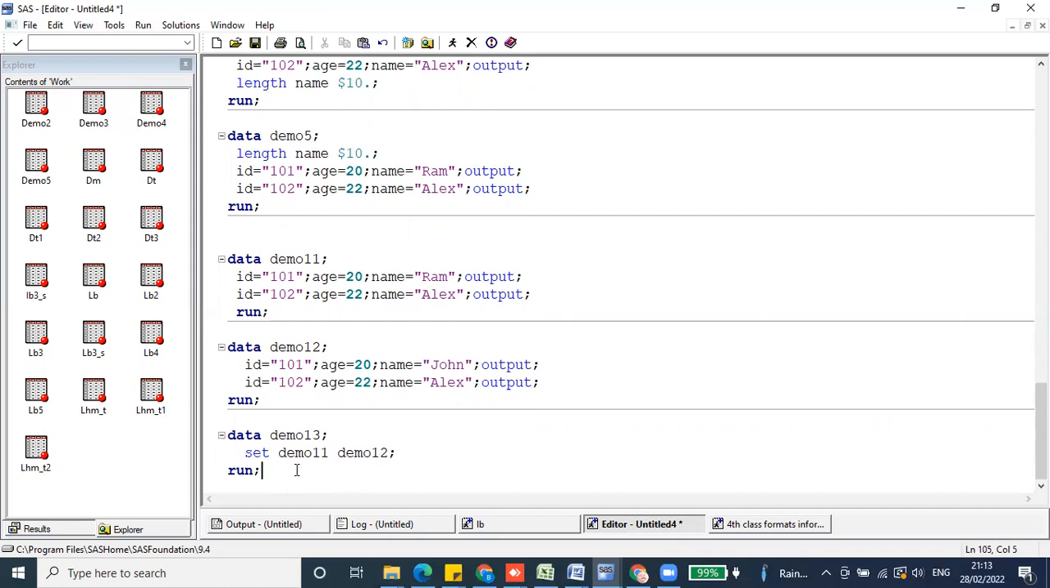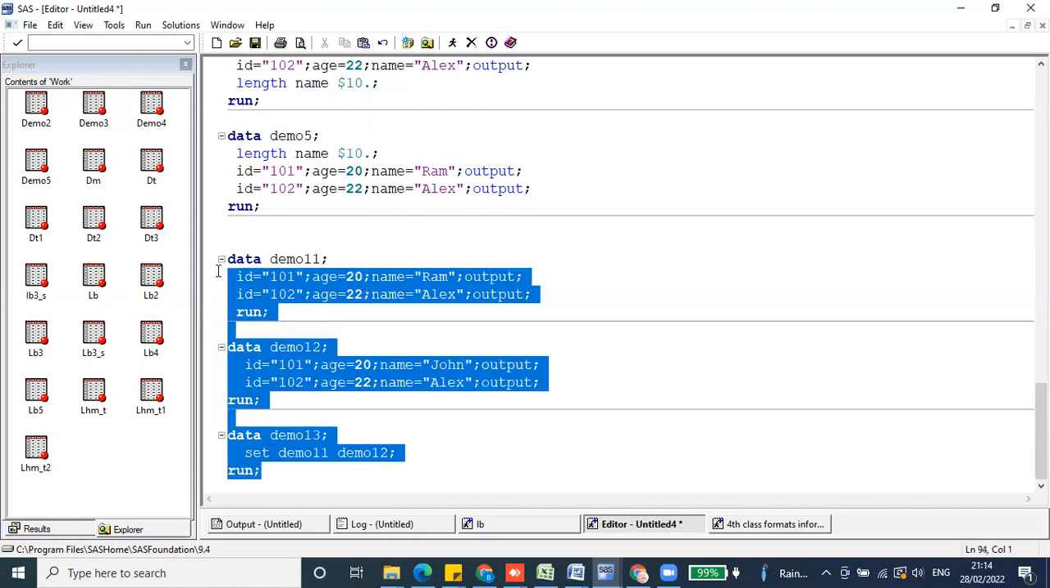Merging means adding the variable level information. It will increase horizontally. When we are merging, it will increase horizontally, not the data. It means variable level information will increase. Stacking means it will increase the row level data. Now, when I'm just stacking the two data steps, 11 and 12, now you can see